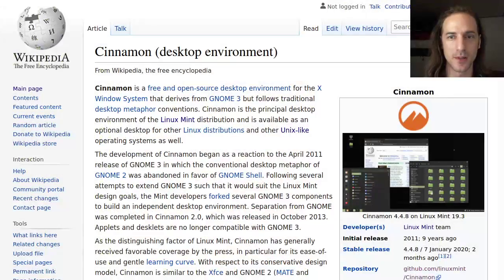So the Cinnamon desktop environment is developed by the Linux Mint team, and this is basically the default desktop environment for Linux Mint, but it is also of course available in Arch Linux. It is in the community repository, so you can just install it with pacman. And of course, just like everything in Arch Linux, it comes without any